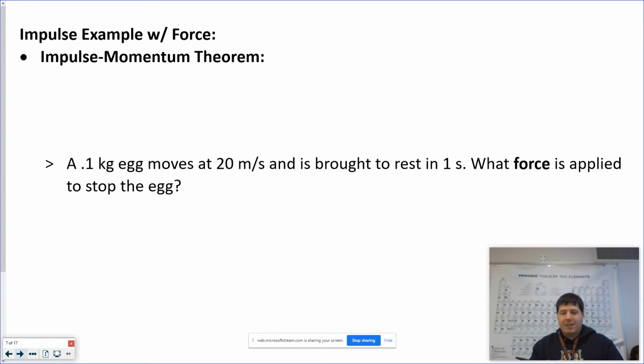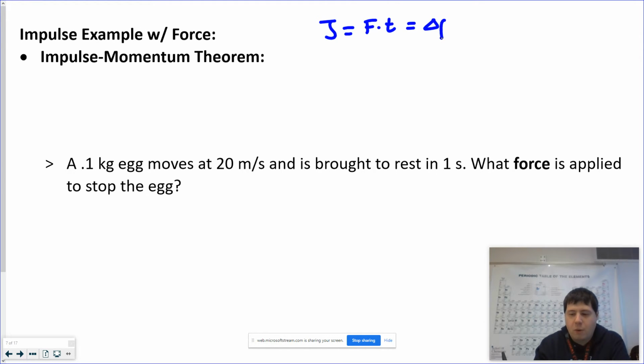Your reference table writes it kind of poorly. It says that J is F times T, and it's also equal to delta P. Well, I think a better way to write this, there's two equal signs, we don't need two equal signs there. We're going to make that a little simpler because we already said that delta P is m